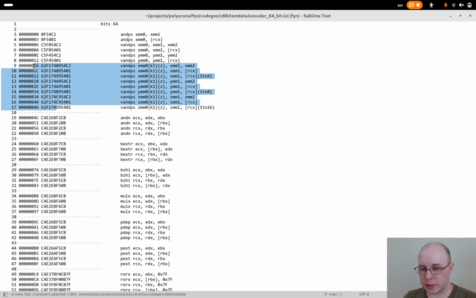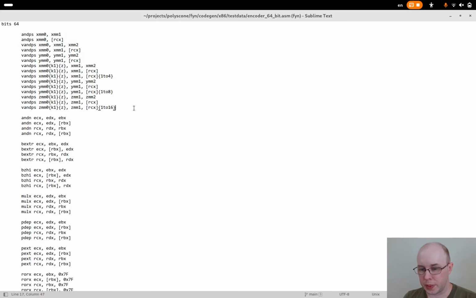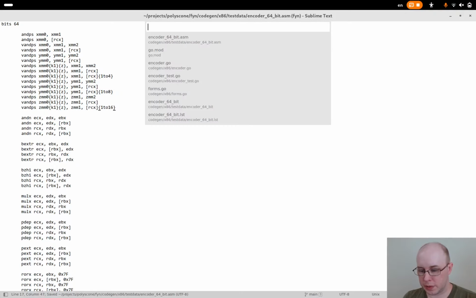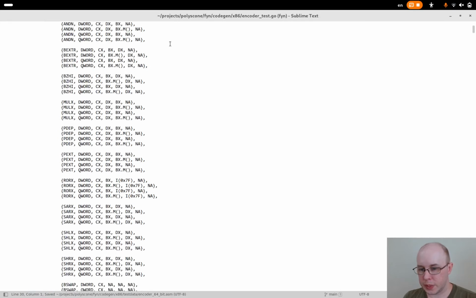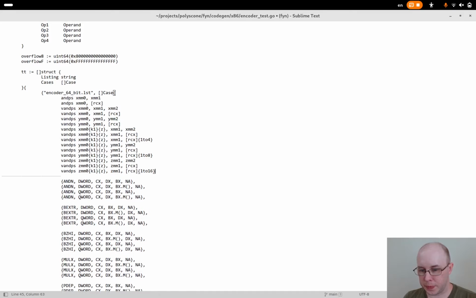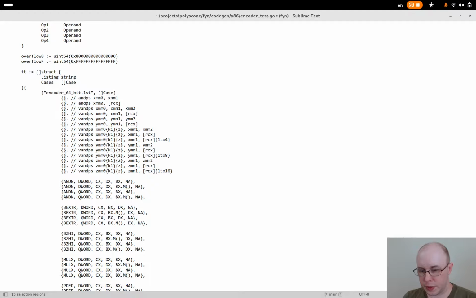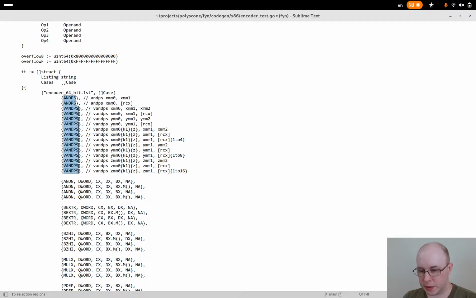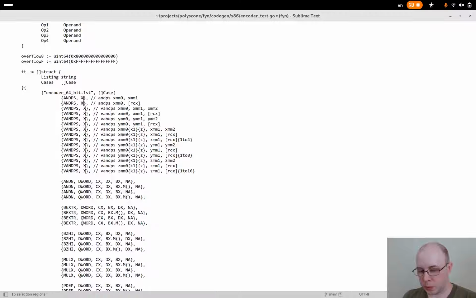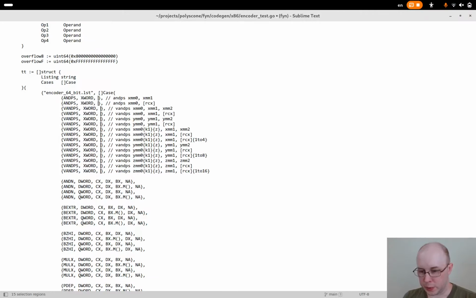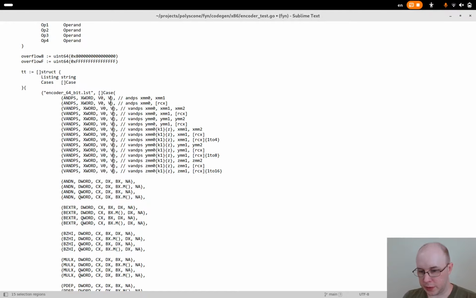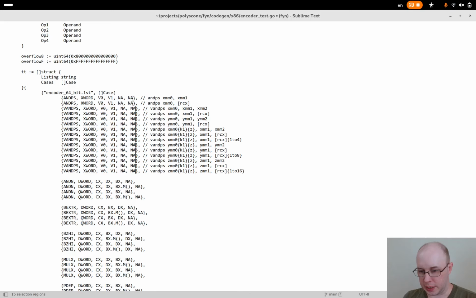So here we've got EVEX encodings, we've got VEX encodings here, and we've got legacy encodings here. So we'll just take this over to the encoder test and put it at the top here. Okay, so comma, okay, this is the mnemonic. We'll start with just X word as the width. So we've got V0, V1, NA,